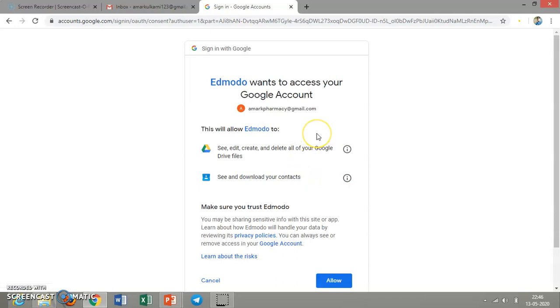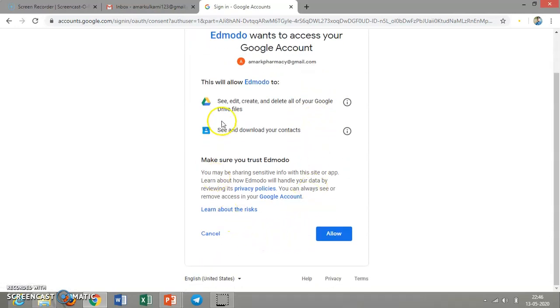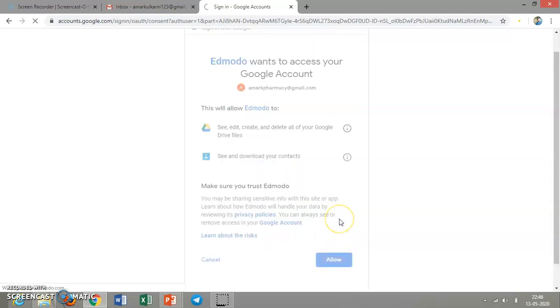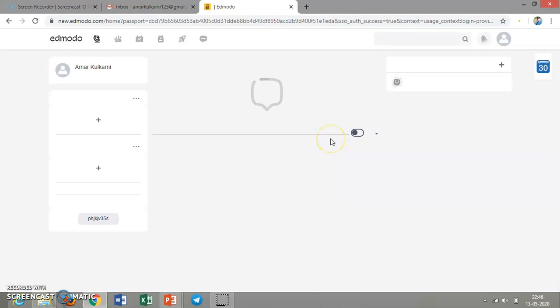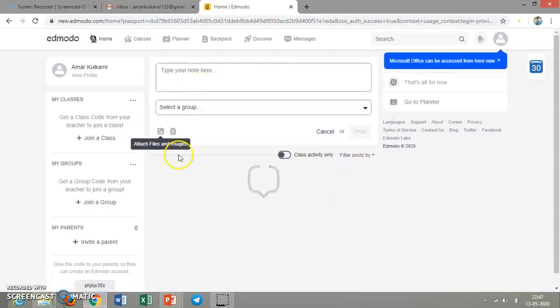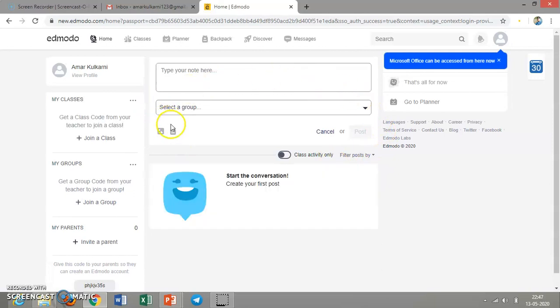After that they are asking for permission, so you just click on the allow button. It will take you to the next window, that is your Edmodo account.